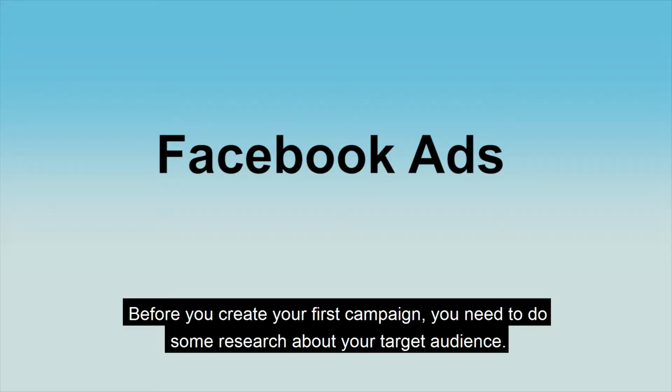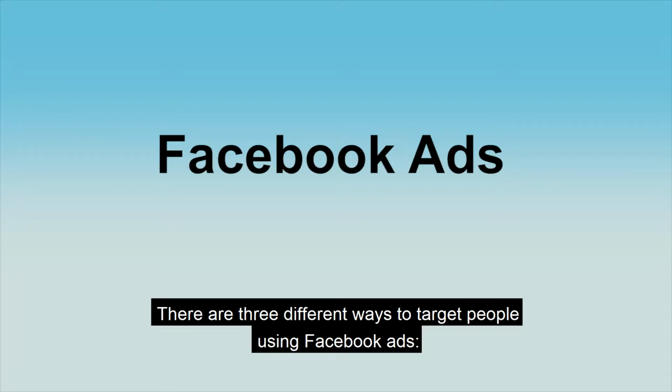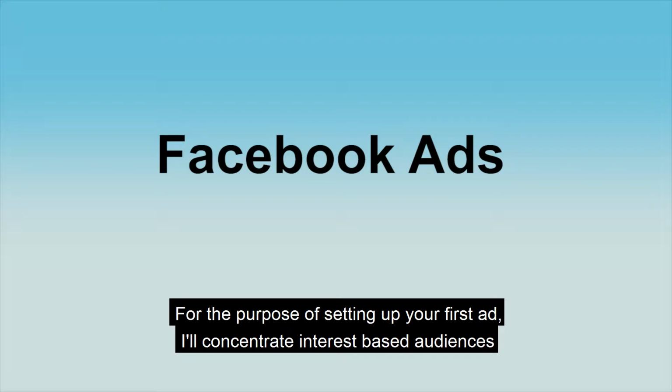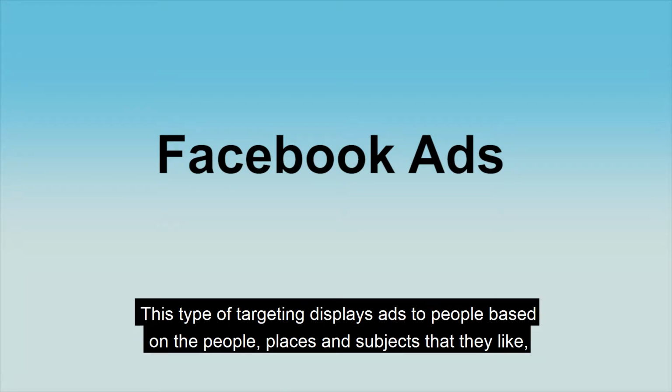Before you create your first campaign, you need to do some research about your target audience. Ask yourself, what does your audience like? Where do they spend their time? There are 3 different ways to target people using Facebook ads: interest-based audiences, lookalike audiences, and custom audiences. For the purpose of setting up your first ad, I'll concentrate on interest-based audiences, as they are the easiest to use. This type of targeting displays ads to people based on the people, places, and subjects that they like,